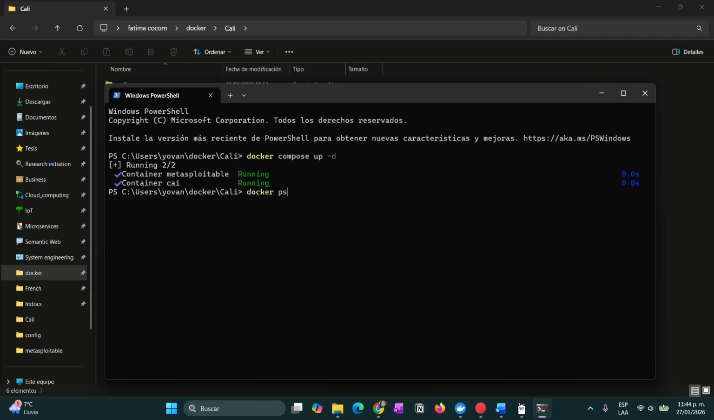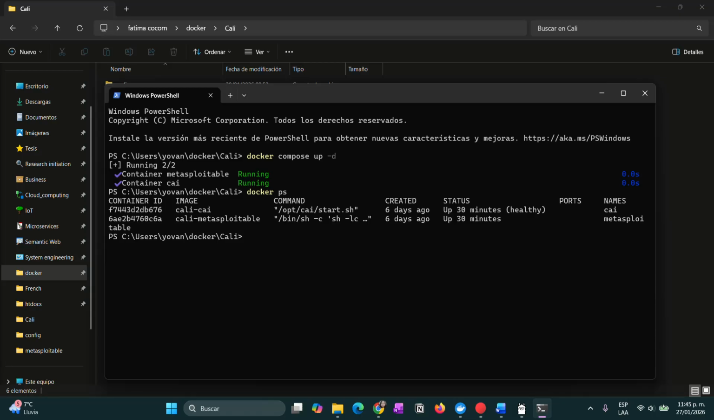We are going to do a docker ps. So here we can see the Kai and the Metasploitable Docker containers. For now, the next step is to see what IP it is from the Metasploitable to use it after